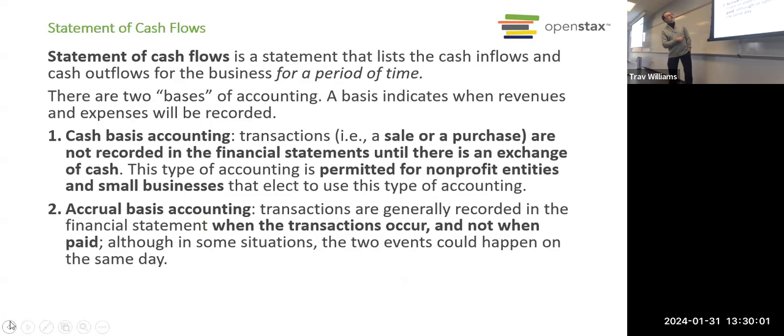All right. Well, here's a 4th financial statement, the statement of cash flows. I think I mentioned this on Monday, but who can tell me, why do we need a statement of cash flows if we already have an income statement that tells us how much profit we made? Is profit the same as cash flow? No. No, so what's the difference?